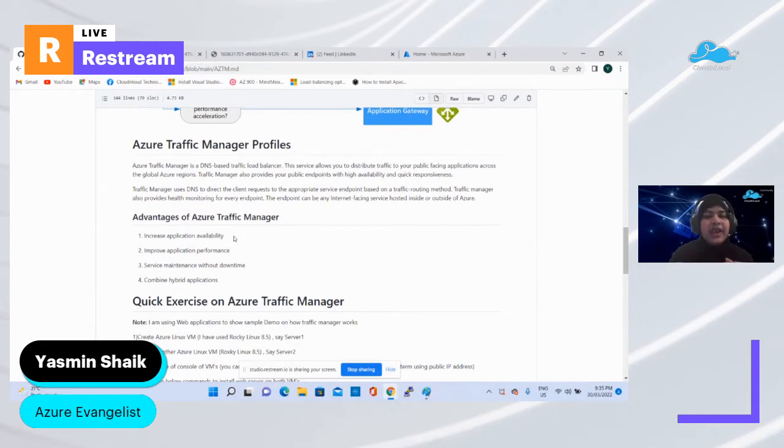So you can integrate both your on-premises applications and the applications in Azure itself. It supports both.